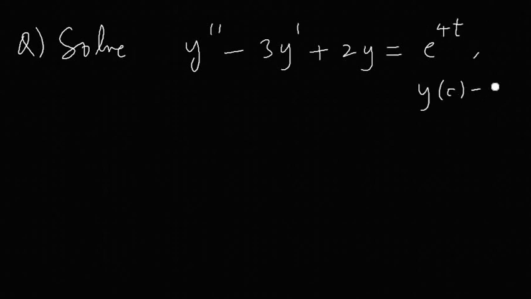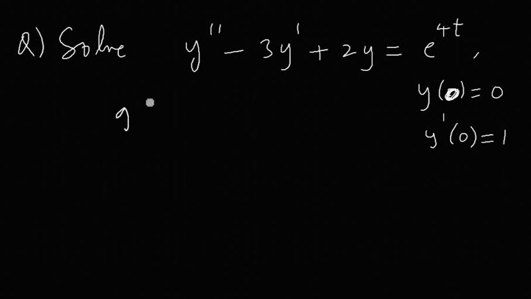Trying to solve a very simple problem now. Minus 3y dash plus, working method will be similar. The only point is if you come to know how to solve it, you can solve even the difficult problem. To save time, I'm not going into much detail. So e to the power of 4t for example, and it is given that y of 0 is 0 and y dash of 0, let me take it as 1 better.